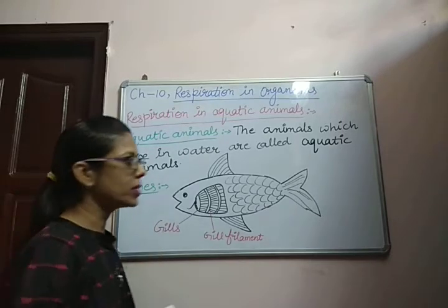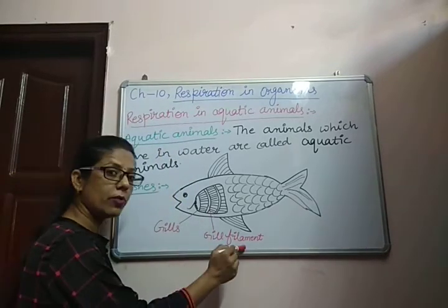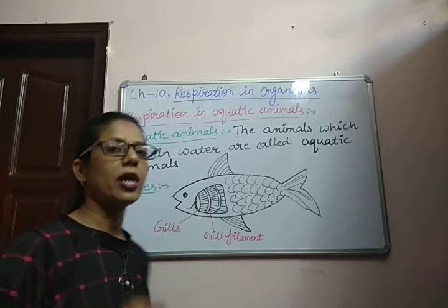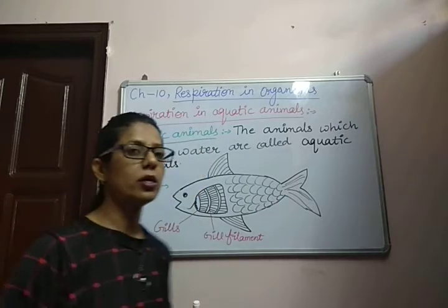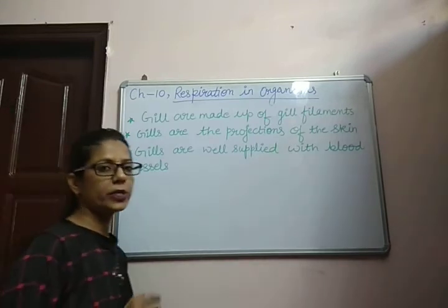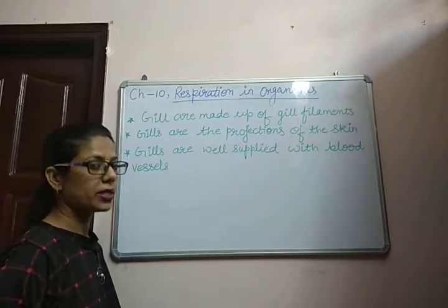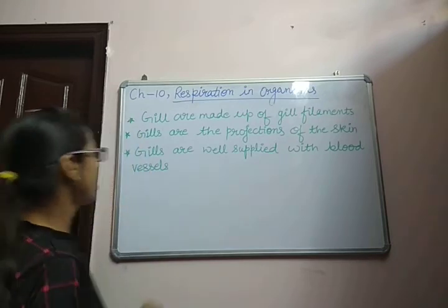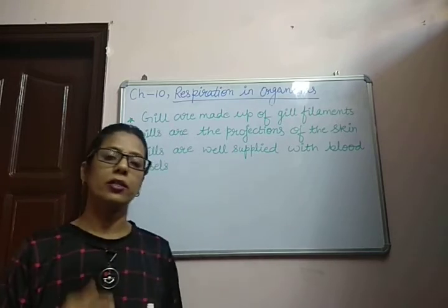Okay. So the main respiratory organs in fishes are the gills, and they are made up of gill filaments. Many gill filaments form a gill, and gills are the projections of the skin. It means a part of the skin forms the gills. So as we are saying, in the fishes the main respiratory organs are gills. Gills are made up of gill filaments as we have seen in the diagram, and gills are the projections of the skin, and gills are well supplied with blood vessels,